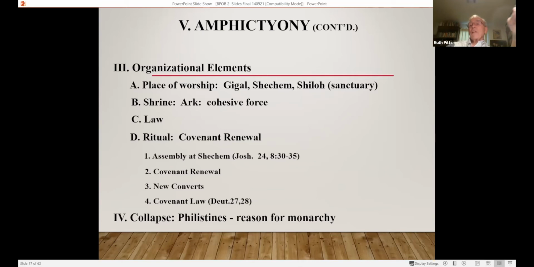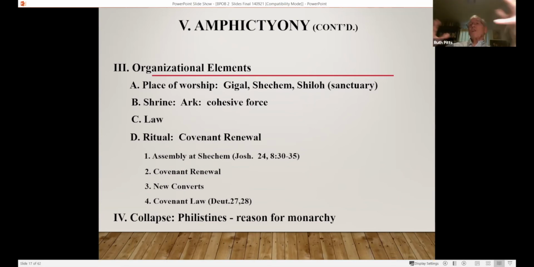But they read out the covenant law. If you read Deuteronomy 27-28, cursed be you if you don't do this. This is the Ten Commandments. Cursed be you, cursed. And then echoing from the other side, the other mountain, Mounts Gerizim and Ebal, comes, blessed are you. You will be blessed by God. You will be given the blessings of God if you do keep the law. So apparently they had this annual covenant renewal in this region as well, hence the importance of Shechem.